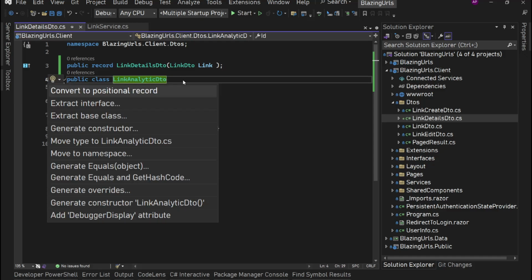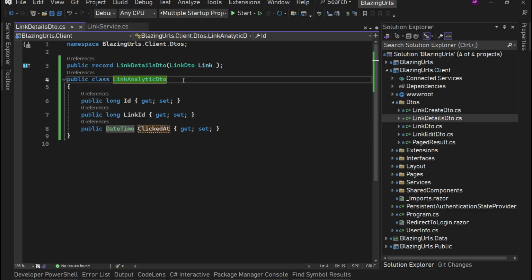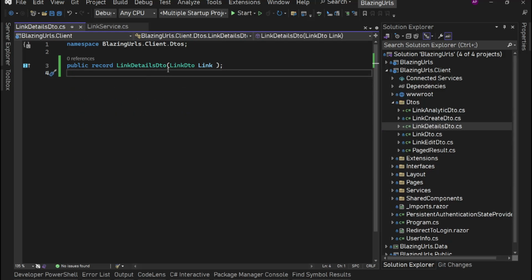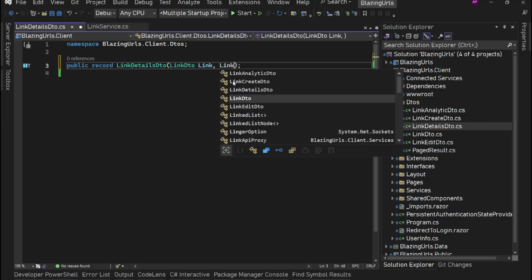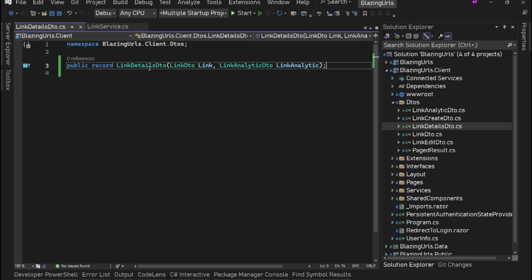Let's move this LinkAnalyticDto to a separate file. So move type to LinkAnalyticDto.cs, and then in this LinkDetailsDto we'll have two properties. One is LinkDto, and then the second one LinkAnalyticDto. All right, so let's say LinkAnalytic, and now we are going to use this LinkDetailsDto in our